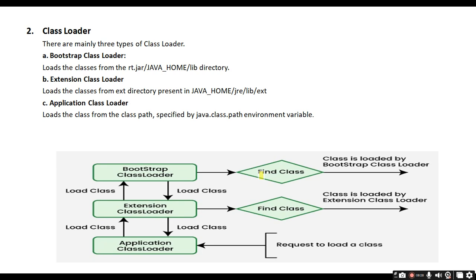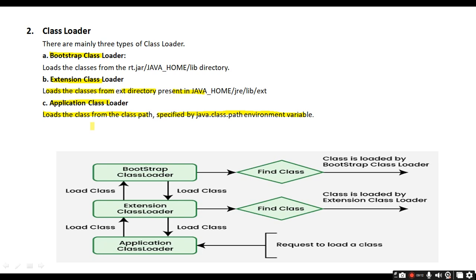So moving forward, the second step is again the class loader. Basically there are three types of class loaders. First one is the bootstrap class loader, second one is the extension class loader, third one is the application class loader. So what do all these three do? The bootstrap class loader loads the classes from the rt.jar file which is present in the Java home lib directory. Second is the extension class loader. It loads the classes from the extension directory present in Java home jre/lib/ext. The application class loader loads the classes from the class path specified by